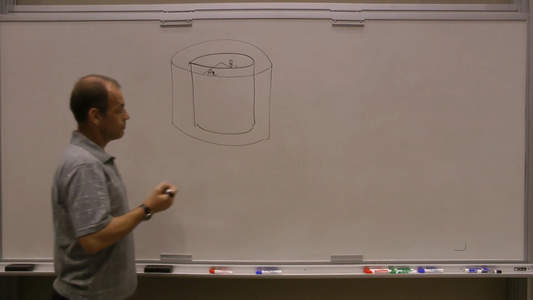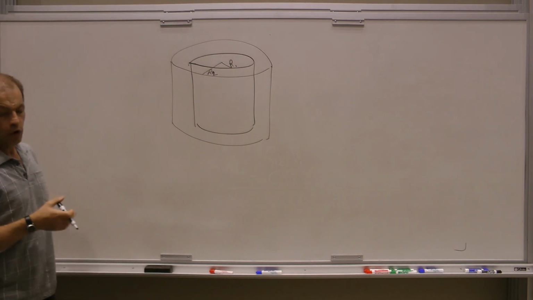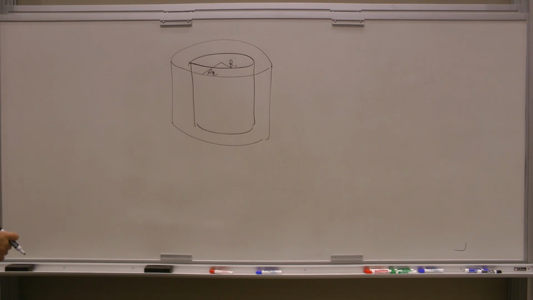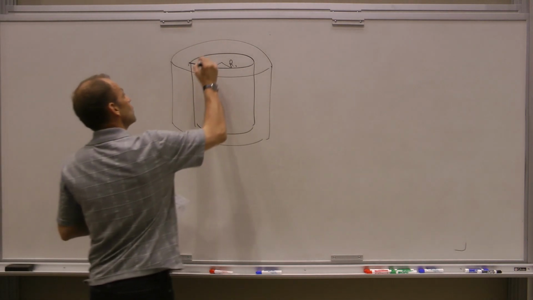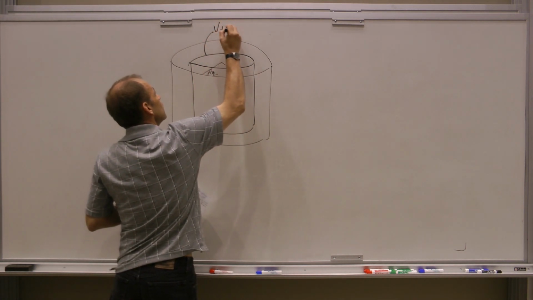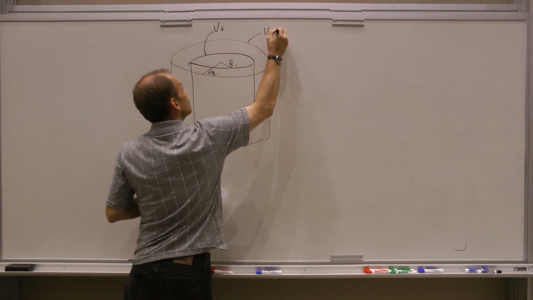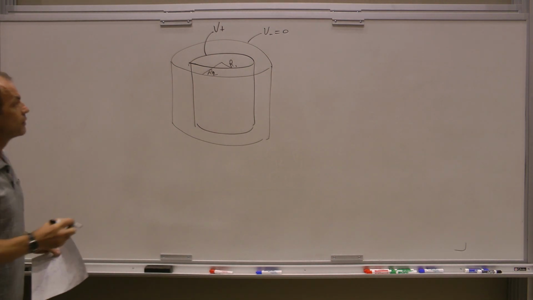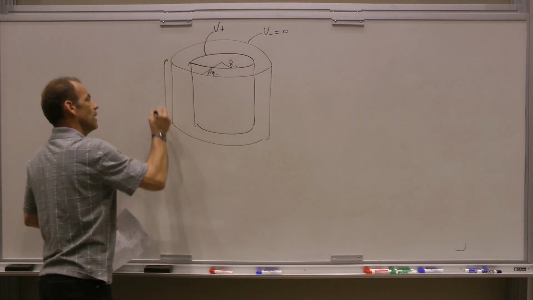And the purpose of this calculation is to determine the capacitance of this structure. So I am holding the inner at V plus and the outer at V minus, which I can also call V0. It doesn't really matter what it is. So I have a certain height h,